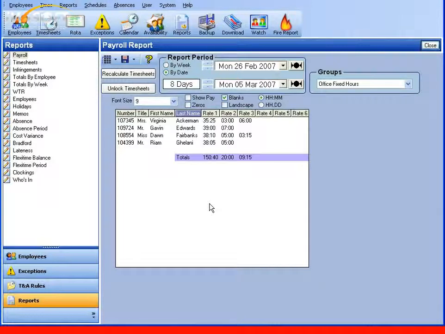So here we're looking at the payroll report. We have a number of options, but basically we are selecting a date range, and what is being shown is the total amount of time worked at each rate of pay. This is the report's basic form. Wherever you see a drop-down arrow, it suggests that there are variations of the report available. The payroll detail report